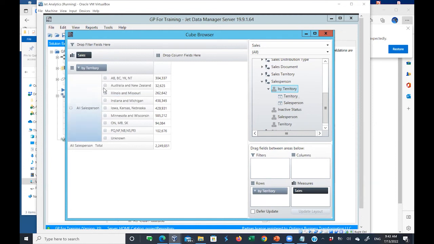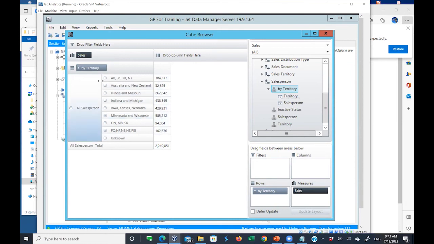At the first level, we're able to see the territories. So here we see Australia and New Zealand, 32,625, Illinois and Missouri, 262. So at our first level of the hierarchy, which was the territories, we're seeing the split of the 2.2 million over the various